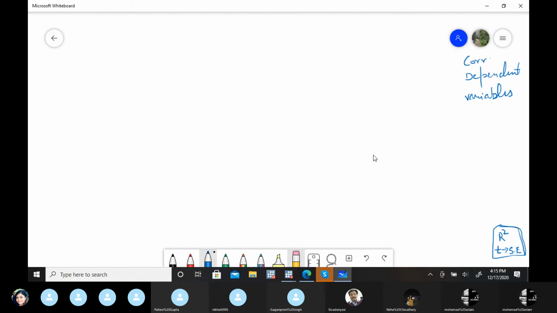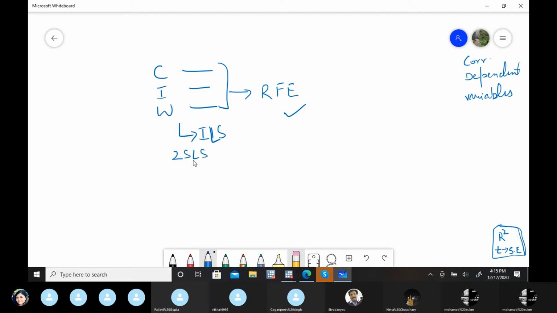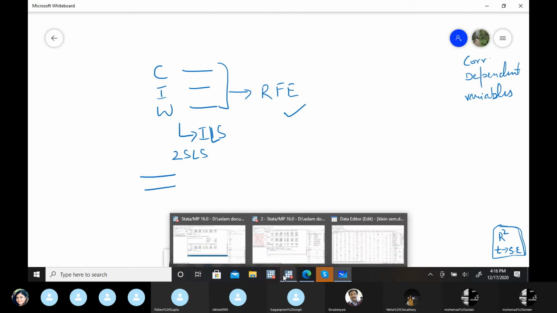Neha, this is actually, let's suppose we have three models. Like here, I'm taking a hypothetical. We have three different equations and we have a problem of endogeneity. So the first solution is, if it's just identified, then ILS: convert them into reduced form equations and run the OLS. You will get the estimates. But if it's over identified, then we need 2SLS. Let's suppose we have two equations. Okay, let me give you this example.